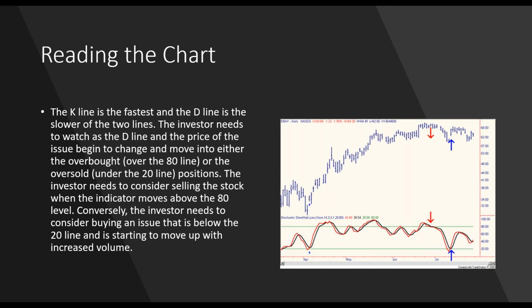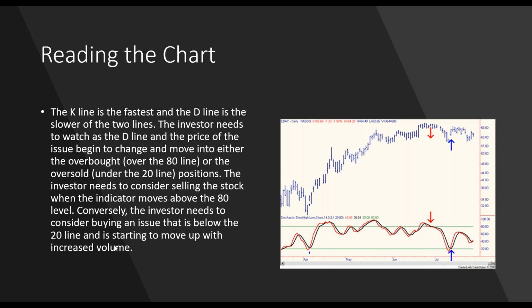So the percent K line is the fastest, and the percent D line is the slower of the two lines. In other words, the percent K line reacts faster. The percent D will react a little bit slower because it's just an average of the previous. So the investor needs to consider selling the stock when the indicator moves above the 80 level. Conversely, the investor needs to consider buying an issue that is below the 20 line and starting to move up